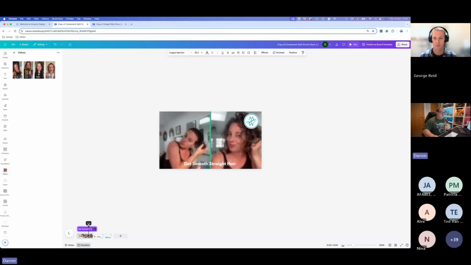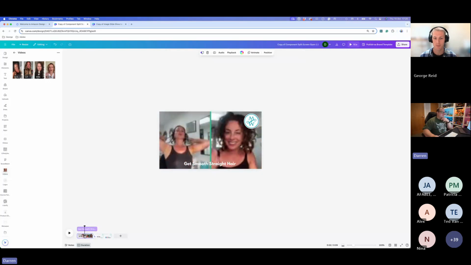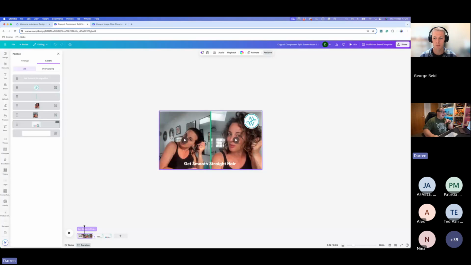And also you'll see, if we come onto the first page again and click on position, that I've actually got that reveal image hidden underneath those other layers. So that reveal image that you want to have also has to be on the first page, so that when the two slides open up, it reveals that element underneath.